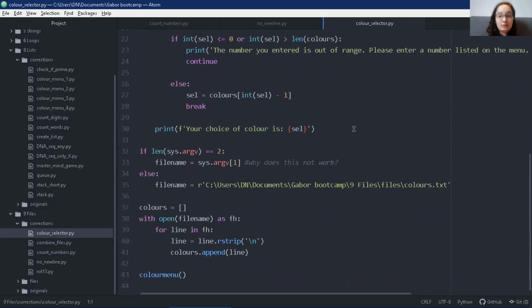So I actually had a question here. I did this, right? This bit, which would be, if there is a command line argument, then take that as the file name. And if there isn't, then this is the file name that we use. Okay. But here, what I realized is that if I enter something on the command line,